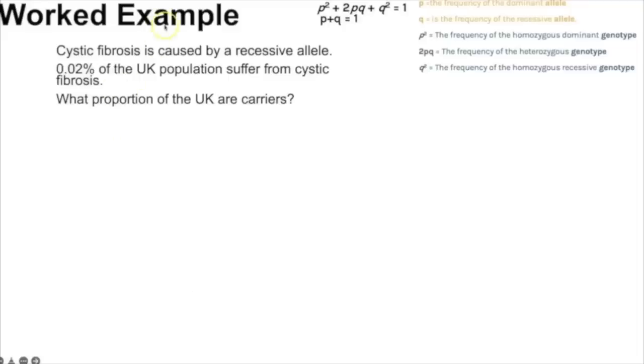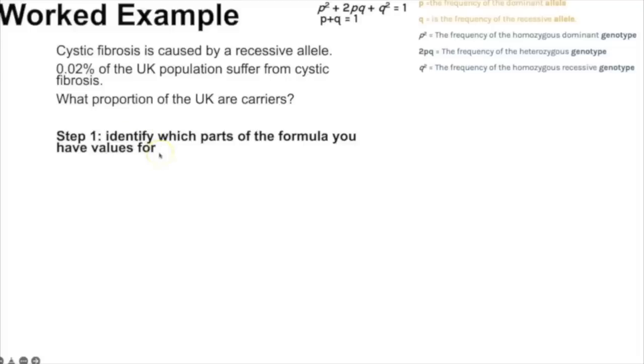So in this example, we're told that cystic fibrosis is caused by a recessive allele. So that would be the letter q. 0.02% of the population suffer from cystic fibrosis. And you then need to use that information to work out what proportion are carriers. Now, the first thing you should always do is identify which parts of the formula you have values for. So if we've been told that that percentage of the population are sufferers, that means that is our genotype q squared, because they must have 2 copies of the recessive allele to be sufferers. So we've been told that q squared is